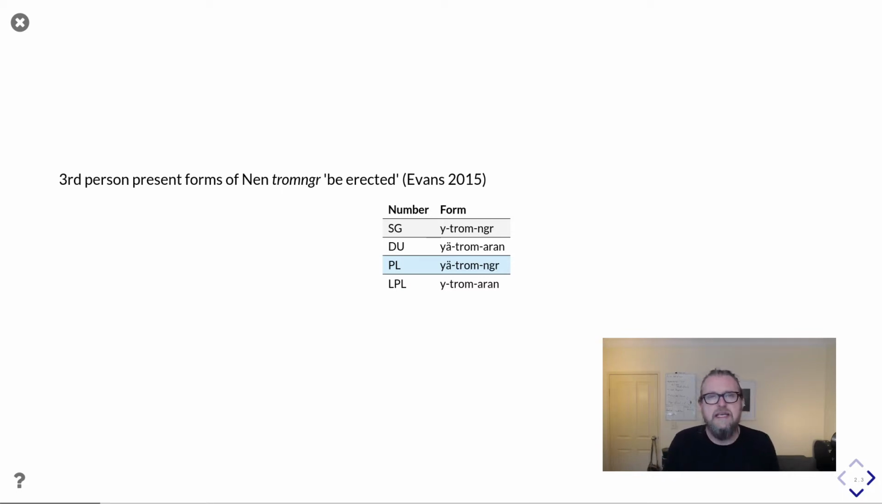And you can see here, whilst it's not exactly the same as multiple exponents, it is quite similar. And we might want to include that in a typology of multiple exponents, I would argue. Well,